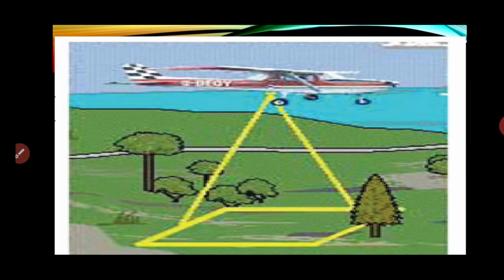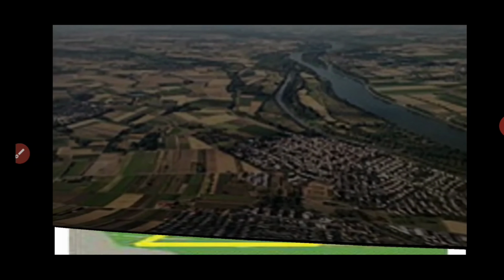Sometimes if earthquakes or any disasters happen in our country or states, our chief minister and prime minister will see by aerial survey. That means they'll go by helicopters or aircraft or hot air balloons, and from there they will observe and take the photographs from the elevated position. That is called aerial photography. Okay, aerial photographs are not maps. You have to remember this. Aerial photographs are not maps.